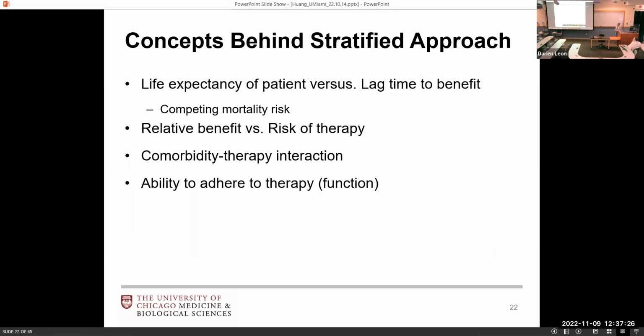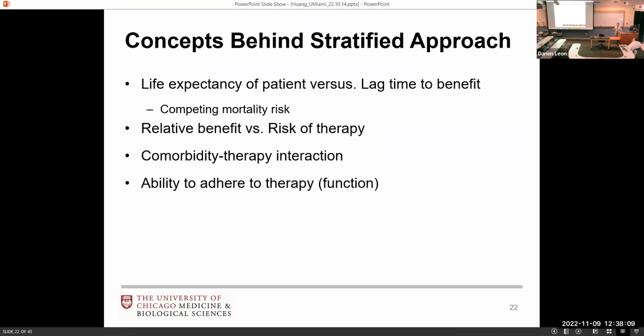The basic concepts, and there are multiple concepts at play here. The big one, of course, is this idea of the lag time to benefit versus life expectancy of the patient. And this is applied to other areas of preventive medicine as well. Basically, the idea is we should not do something if the patient is not likely to benefit from it. So, for example, in the case of mammography or colon cancer screening, typically a person has to live 10 years in order to benefit from that screening. So that's why you'll notice that U.S. Preventive Services Task Force guidelines typically have upper age thresholds of like 75 or 80 as a rough estimate of life expectancy.